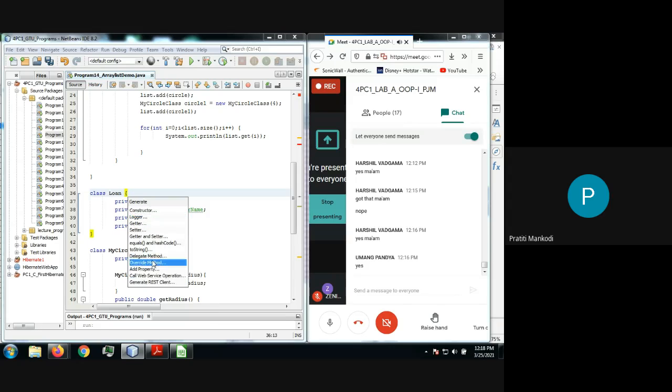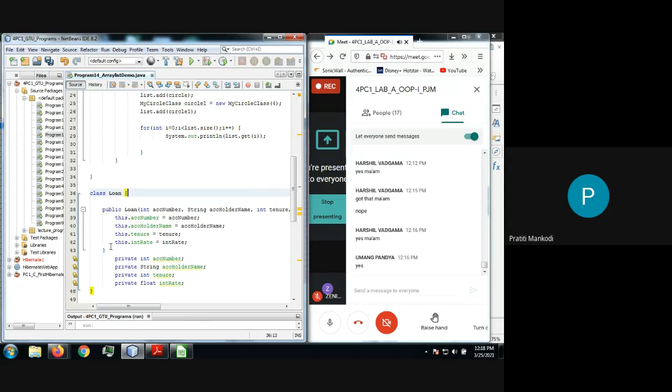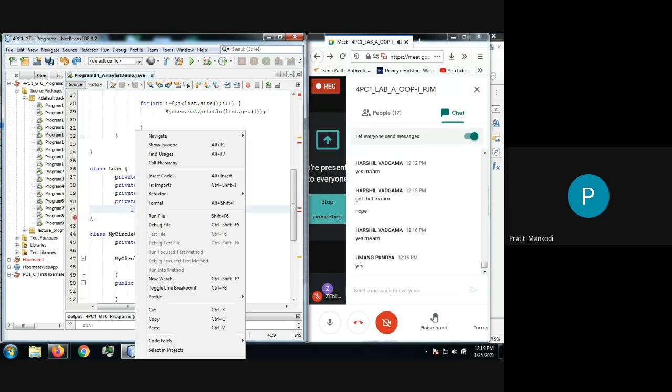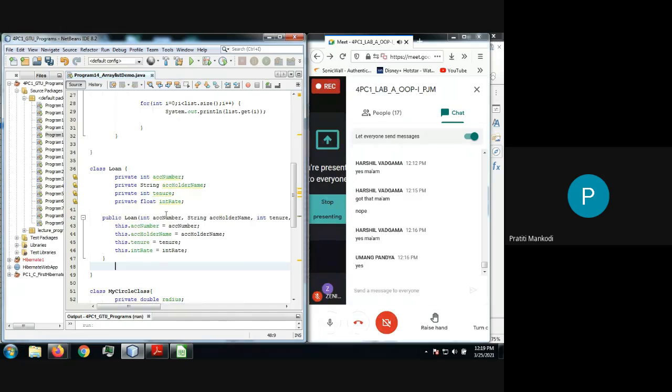It gives you the things you can insert automatically for this class. Let's say we are talking about the constructor. I want the parameterized constructor which will have everything. You can skip fields as per your requirement, as you know you can have multiple constructors as well, right? Let's say I want to generate for all four items. So I'm generating, and my constructor has been added, right?